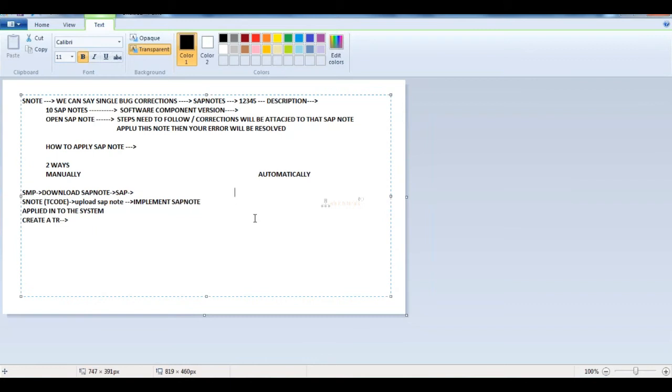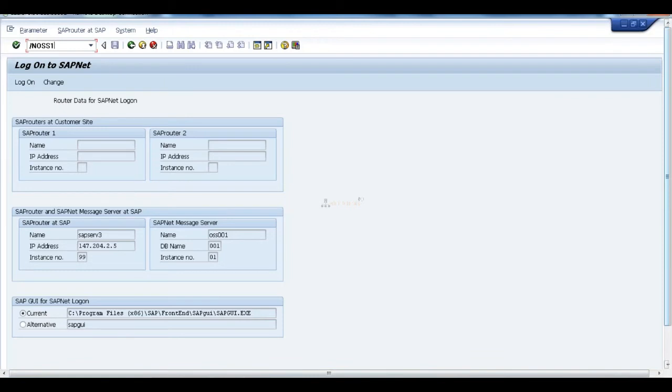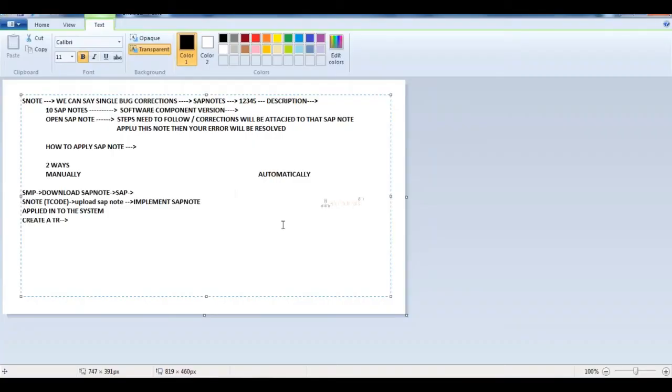But in my systems we have two SAP routers, one public and another trusted. I think if we didn't open that SAP router, some systems are unable to connect. So where have you installed these SAP routers? We have separate servers for the two routers. If you log into the SAP router at OS level, you can find the saprouttab file in /usr/sap/router. Yeah, I have seen that one.